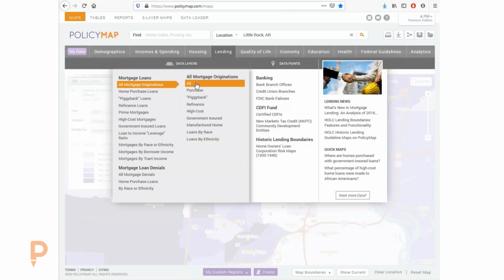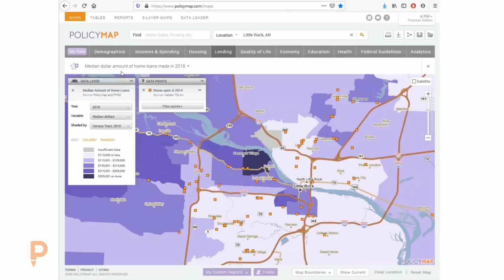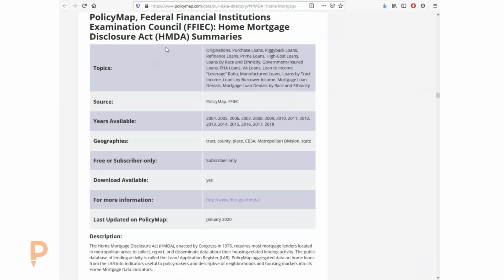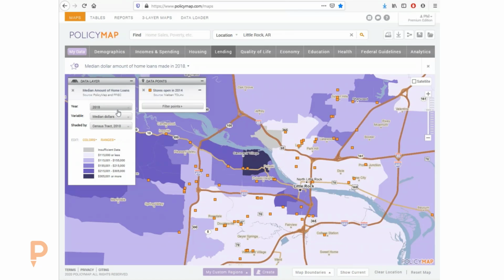Basically, lending data came from a source called HMDA, which stands for the Home Mortgage Disclosure Act. It's an act from, I believe, 1975, that required every bank in the nation, when they make a loan, to report it back to the government. The goal of that was actually to force banks not to be discriminatory about their lending, so that they're not just lending in areas that are rich, they're diversifying their loans. HMDA was an amazing data set because it was a rich data set that went all the way back to 2004.